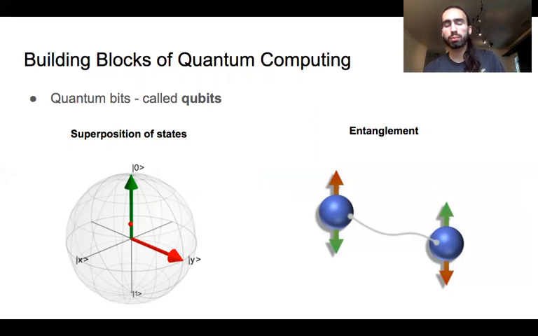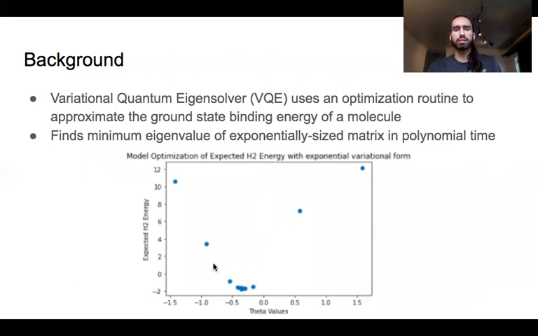The other important property is entanglement. This means that if you measure qubit A, which is entangled to qubit B, and qubit A turns out to be 1, you can infer that qubit B would also be 1, or would be 0, depending on the type of entanglement. This is really powerful because it lets us represent a lot of information with a small number of qubits, and the processing power is much more powerful than